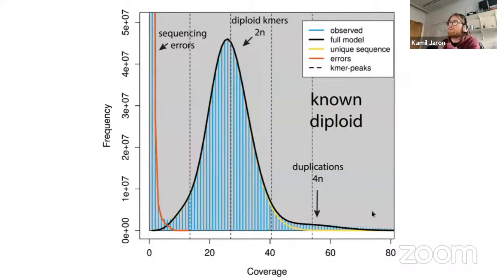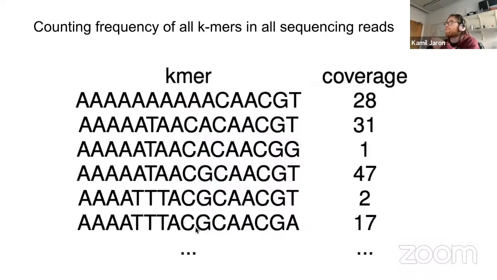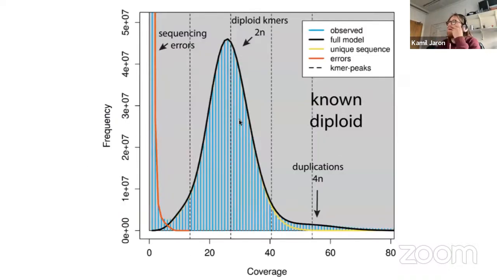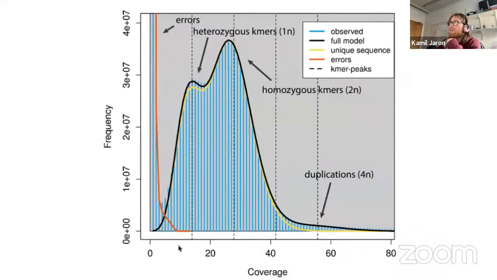And what will happen is that you will see a bunch of sequencing errors with low frequencies. So this is just plotting the histogram of these numbers. Okay. You will see a coverage peak that will correspond to the bulk of the genome. You might see some small, more repetitive bits on the right. You might see heterozygous sites on the left that would be halfway between the homozygous peak and the errors, well, at zero.